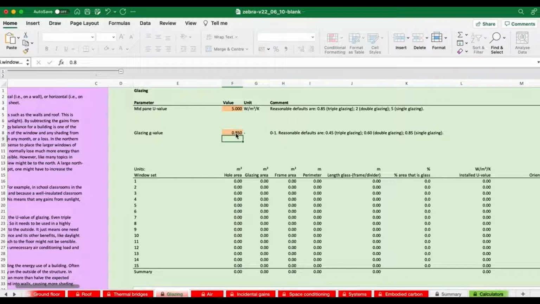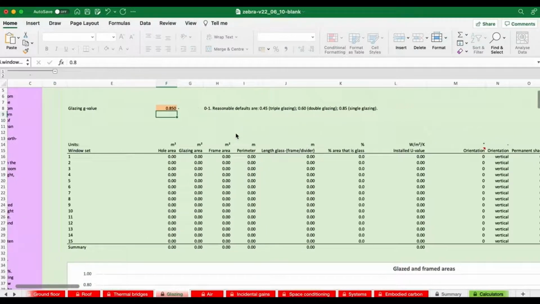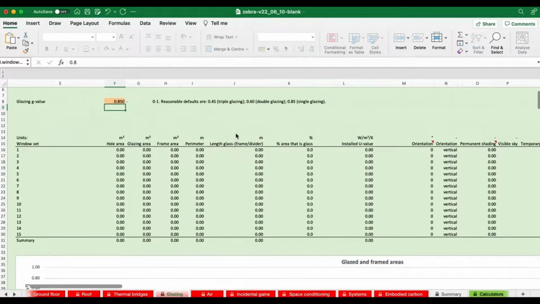And this tells you how much light is transmitted through the window, because glass isn't completely transparent. And you'll see on the right there's some default settings. We'd also put it in table 1. The glazing tab is the first of the more complicated sheets. So there's a lot of data here. And this first data table you can see is actually all the numbers that will go into the calculation.